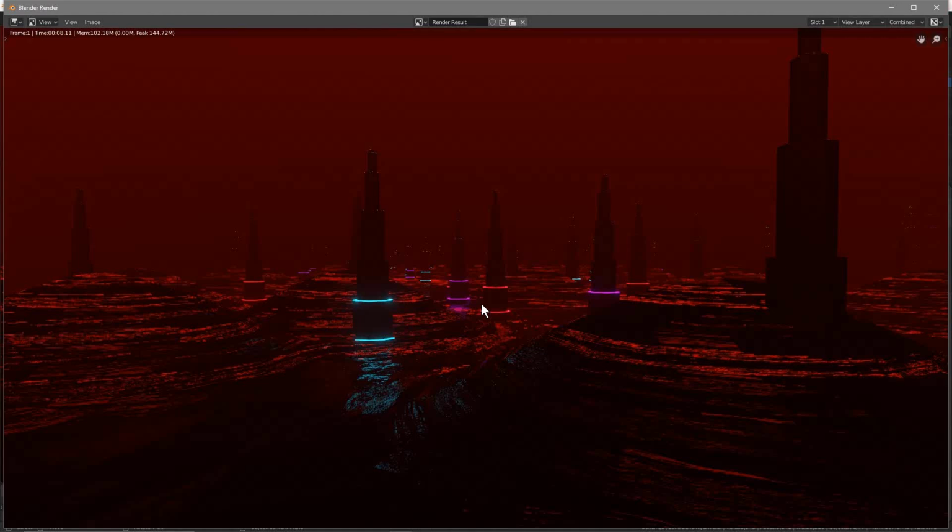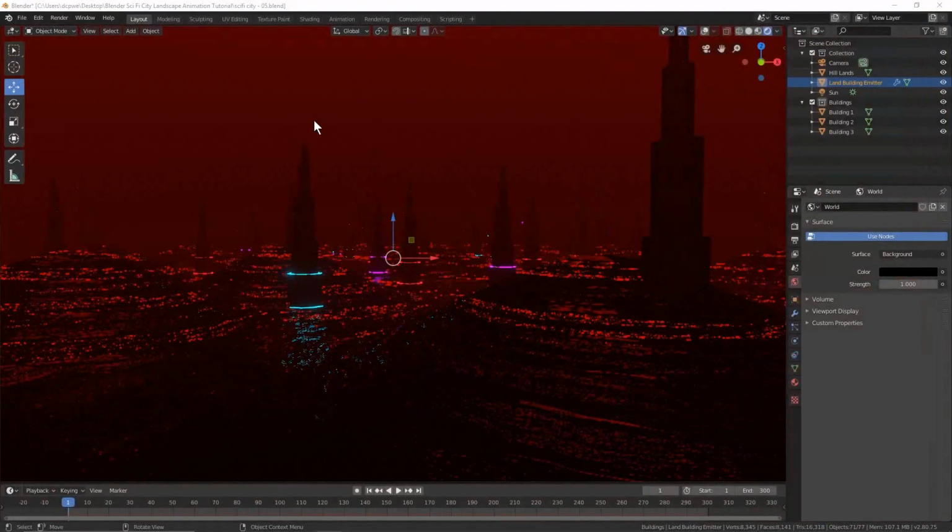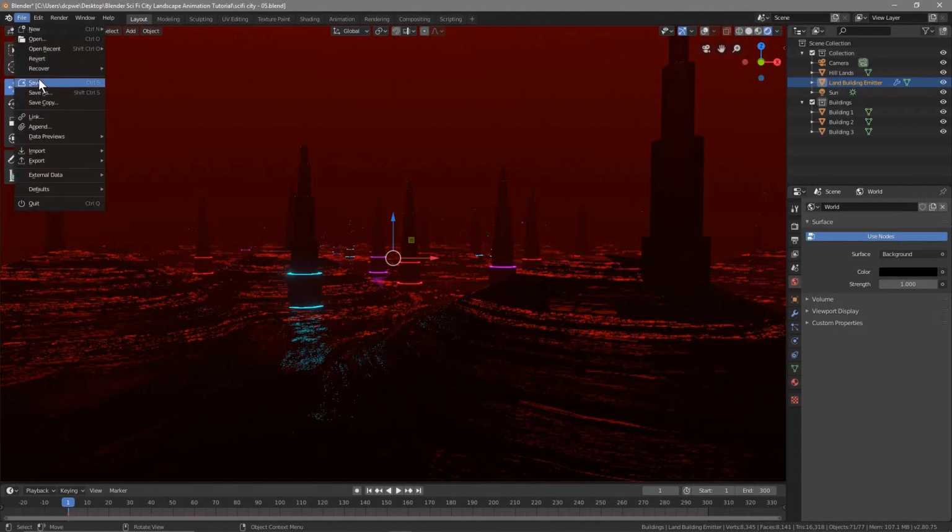Okay, so overall I think it's looking pretty cool. It's quite sci-fi, quite different. I like the dark elements of it as well, and I like the way the buildings are faded into the background. So that's pretty cool. So what we'll do is go to File, Save, and we want to add a light source to this particular